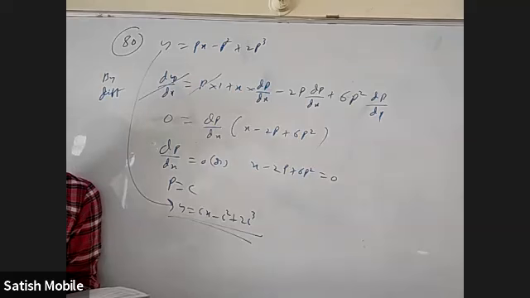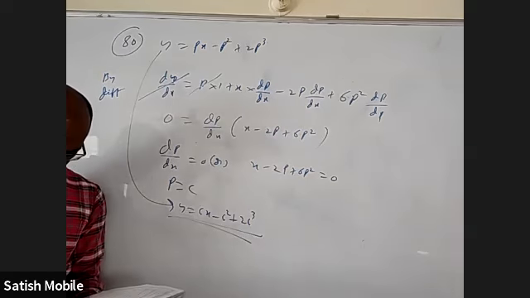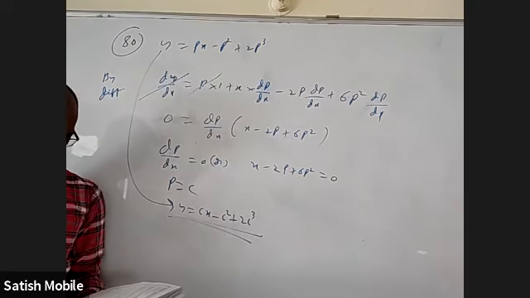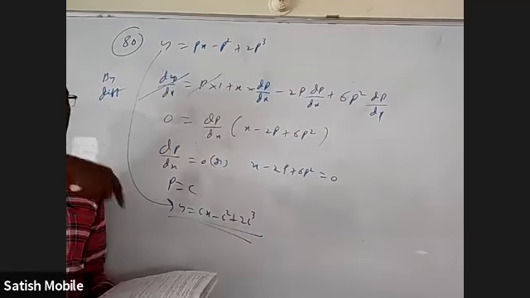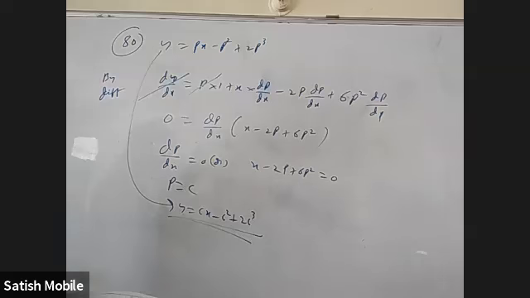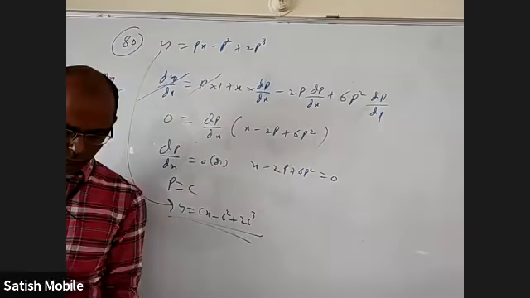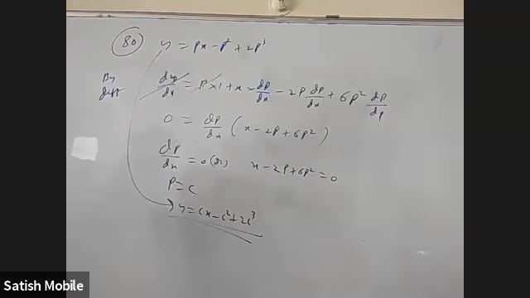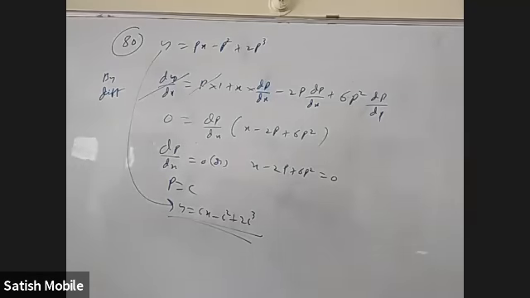Page number 222. If we take 99, 100, 101, these are the questions where we'll just adjust the question and we'll do it. Even what we've done already in variable separable and some other questions here and there, a few can also be done by this, just by manipulating what is given. That is just like trial and error only. Okay, so we'll do that. Okay, let us see how to form a differential equation.